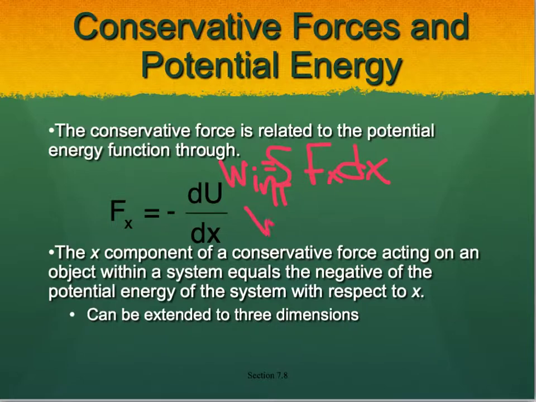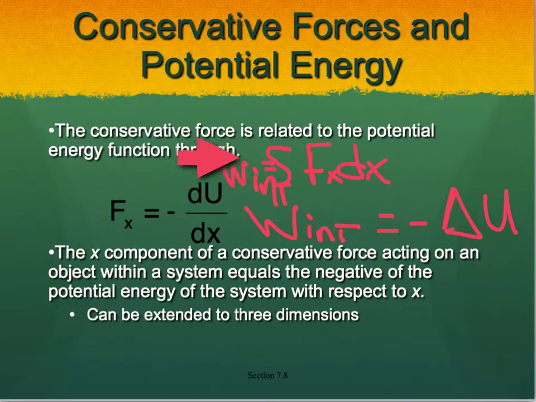Or we also said we can think about work done internally as just equal to that negative change in potential energy. So if the work being done is equivalent to that change in potential energy, and we can also find that work done internally by taking the integral of Fx dx, then